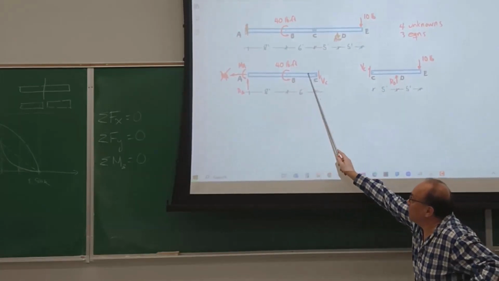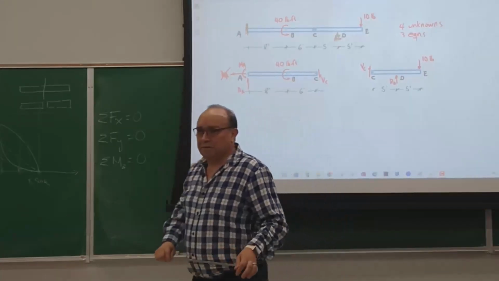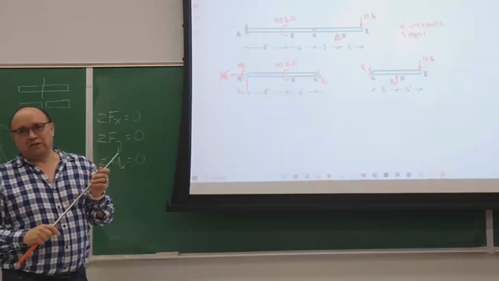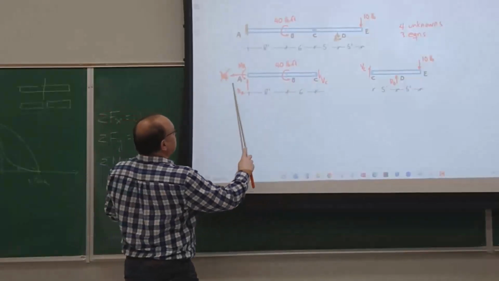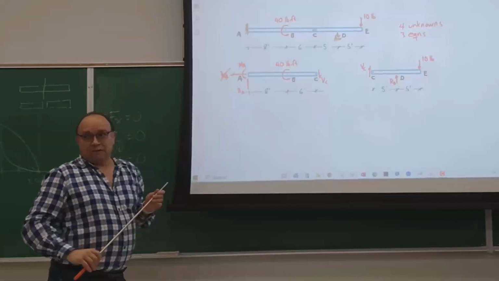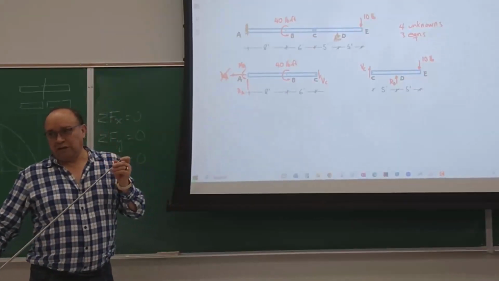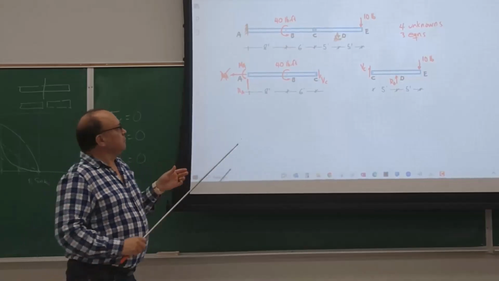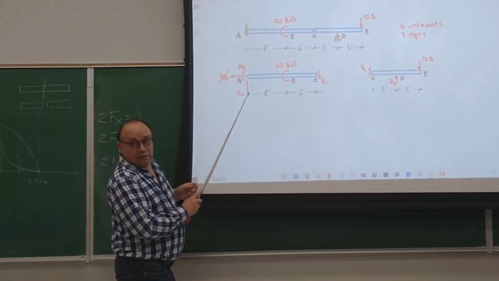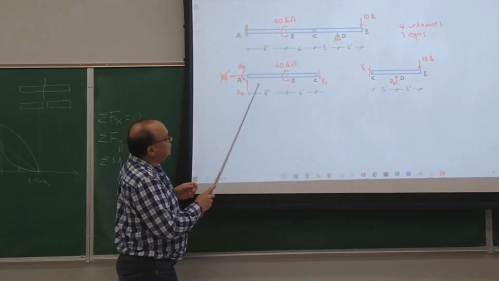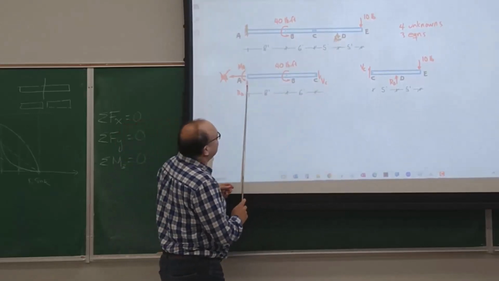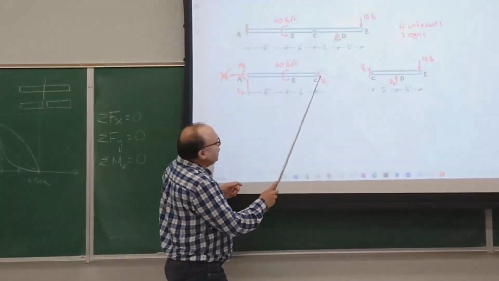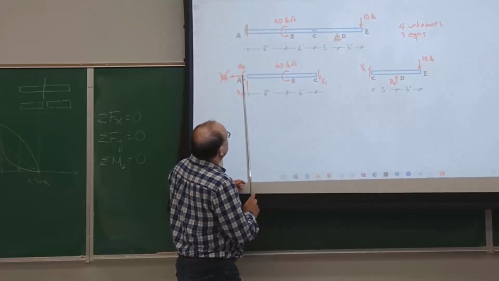How many equations do you have in this diagram? 3, because of the x thing, only 2, right? Forgetting about the x direction, how many equations will remain here? 2. And how many unknowns do we have? This is not known, right? Reaction. This is not known, right? It's reaction. And this is not known yet. So this has 3, so we cannot solve this part. Once we get this, we can solve it because then we remain with only 2, so we can solve it,